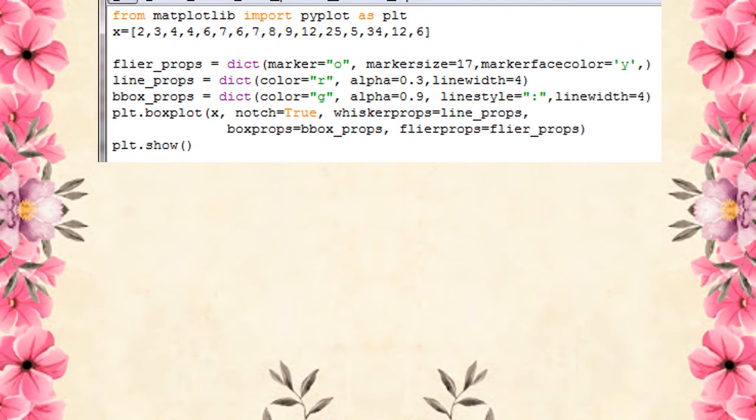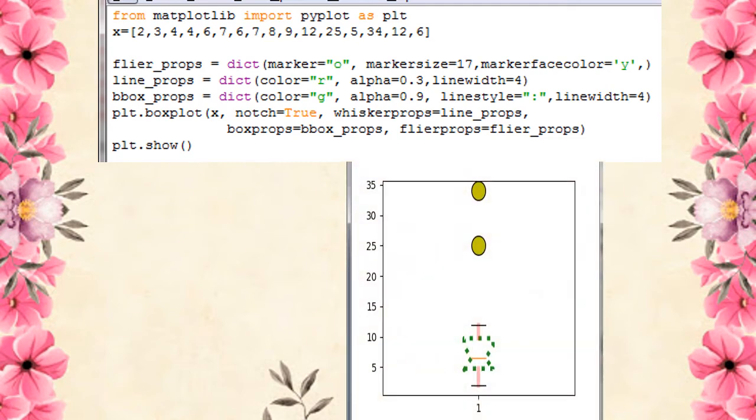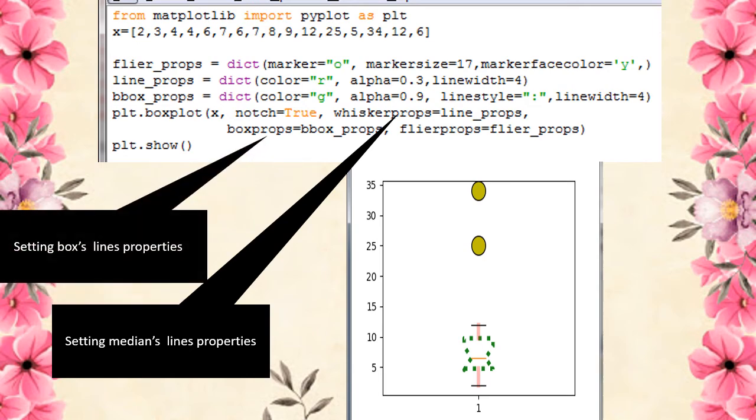And next, in the box plot we can use whisker properties, box properties, and flier properties. Whisker properties are used to set the line colors. The whiskerprops variable is assigned lineprops, that is, lineprops equal to a dictionary with color equal to red given. So everything has to be converted into dictionary format. We are going to assign whisker properties in the boxplot, and it should be in dictionary format. And box properties set the box's line.